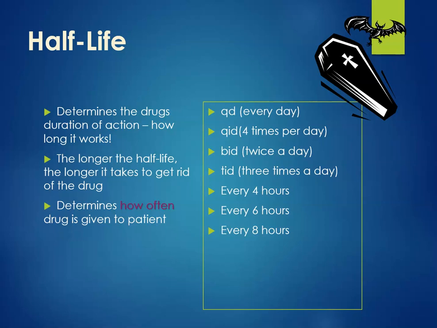So I just want to give you these. These are kind of old abbreviations for how often we give meds, but you'll have to remember them because they're still used. Q is every, so QD is every day, QID is 4 times a day, BID twice a day, TID 3 times a day. But what we tend to do more now is not use these, and just write out every day, 4 times a day, twice a day, 3 times a day,